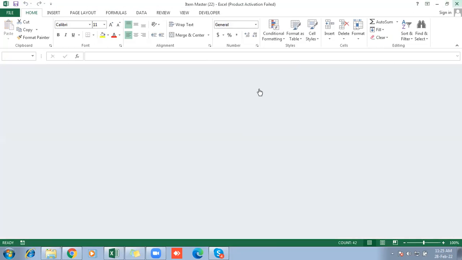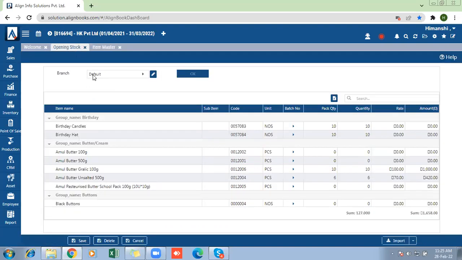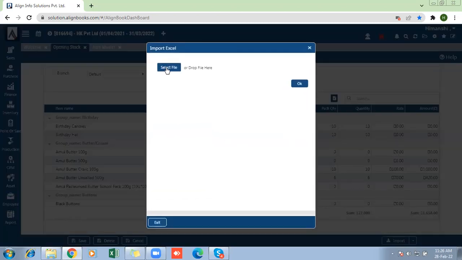So now we will import this file. We'll go to opening stock. You have to select the branch. If you have multiple branches, then you need to download a separate format for each branch, put your data in those formats, and then upload. Okay. So now I'll click on the import option, select file,